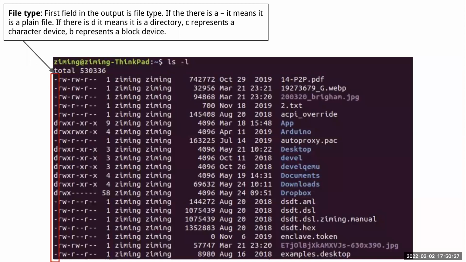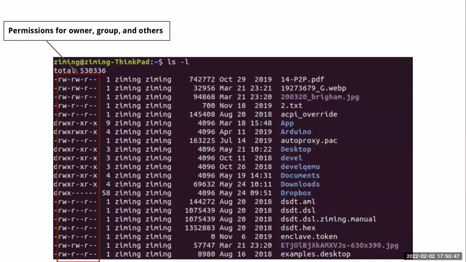you can see all the files in that folder, and it will show you something like this. The first column tells you what this file is. Is it a real file or is it a directory? If it's a dash, it means this is a file. If it's a d, it means this is a directory. Then after that, there are 9 columns. Those 9 columns show the permissions for different groups. The first 3 show the permission for the user, the owner, then the permission for the group of the owner,